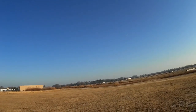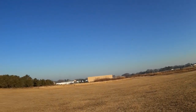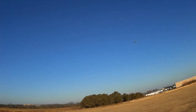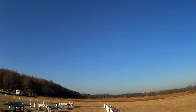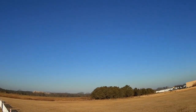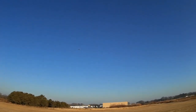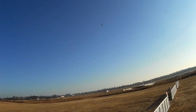Well, I either need a lot of down trim or I need to move the CG a little farther forward. It's a 4S 2200 Nanotech from Hobby King, and that's not the pack I wanted to use. I wanted to use my graphene, but I have two sets of graphene 4S 2200s, and two of them are fatter than the third, and they will not fit in there. There is one that will fit, and that was the one I was planning on using, but I neglected to